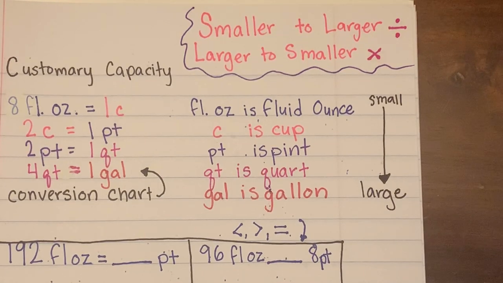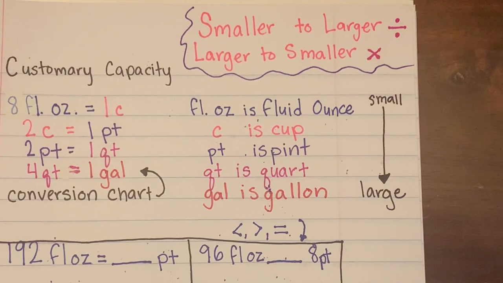All right, everyone. Today we are going to talk about customary capacity. Now, customary capacity is a lot like our customary length that we studied yesterday. Customary capacity is the type of measurements we use here in America to measure our liquid things. So things like shampoo, or on a measuring cup when we're measuring milk in the liquid measuring cups, a gallon of milk, a pint of creamer, all that stuff, all the liquid things, they're measured in different increments of